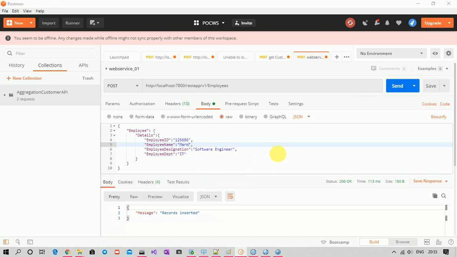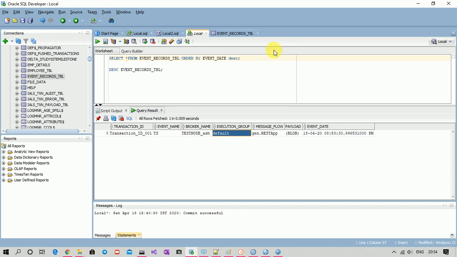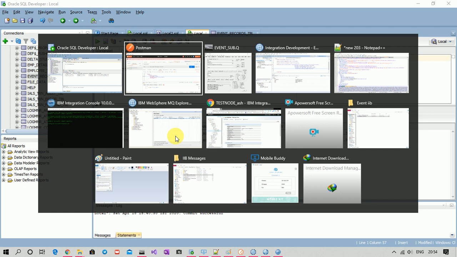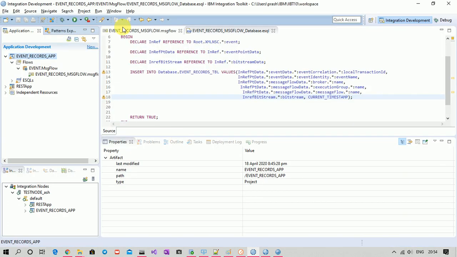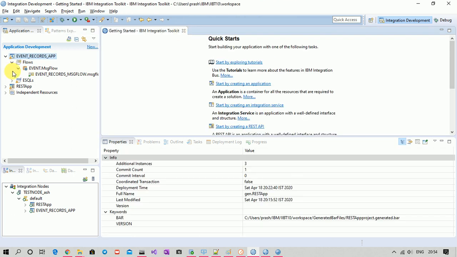For this event also, I can see the result in the database, right? So, okay, let me close this flow. We are done with this flow.